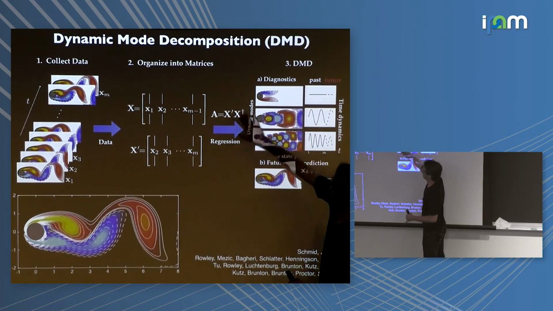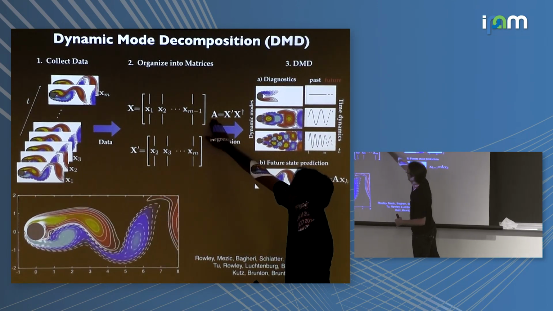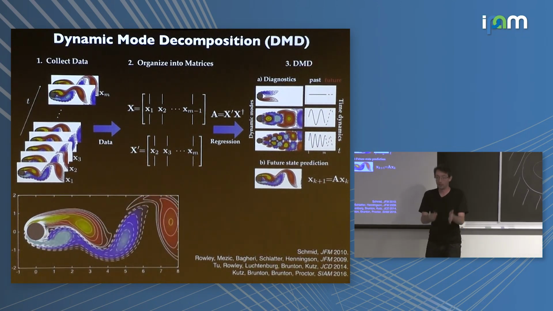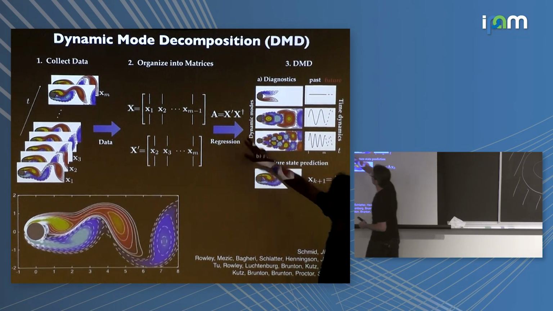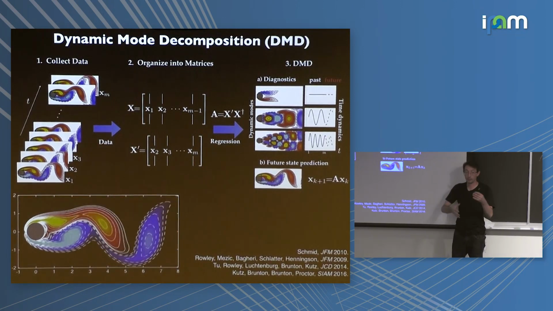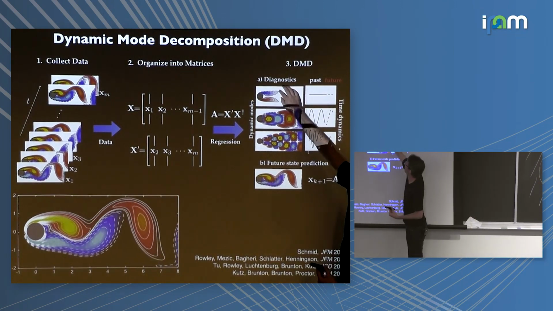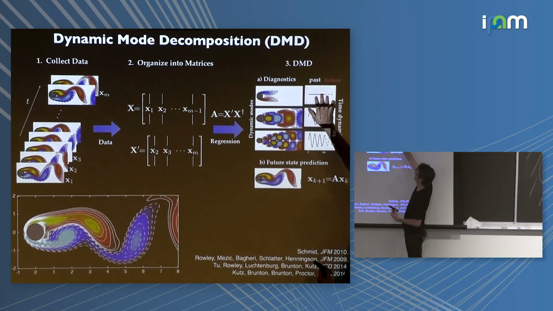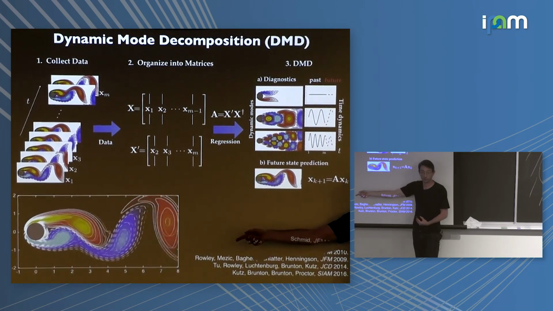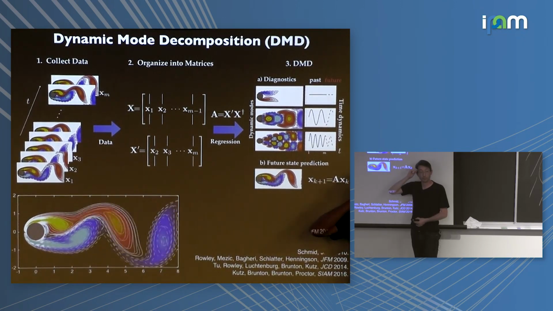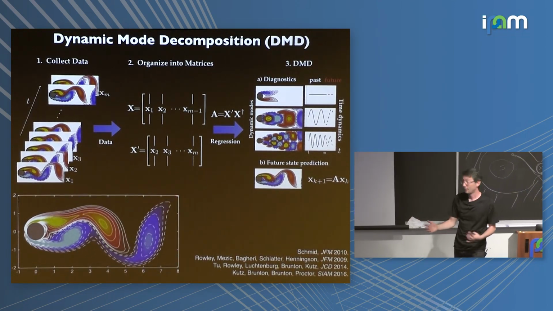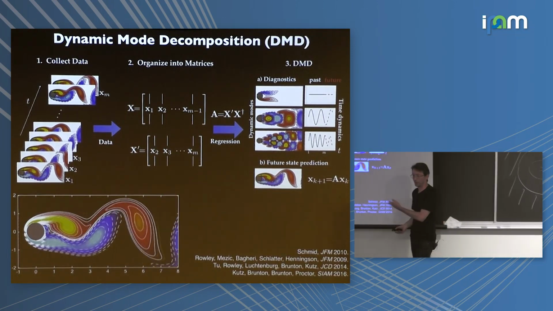And so what I get if I do the eigendecomposition of my best fit linear operator that advances my system, this is basically a linear dynamical systems model to fit my evolution. And the eigenvectors are eigenflow fields. And the eigenvalues tell me how those flow fields oscillate and grow and decay in time. This is a spatial mode, this is a temporal mode. If I multiply this by this and add these up, I reconstruct a movie of my flow field very accurately with maybe 6 modes. Pretty amazing. I get a 6-dimensional dynamical systems model that is linear, and it describes this fully nonlinear fluid flow equation.